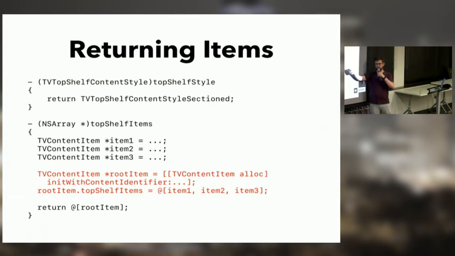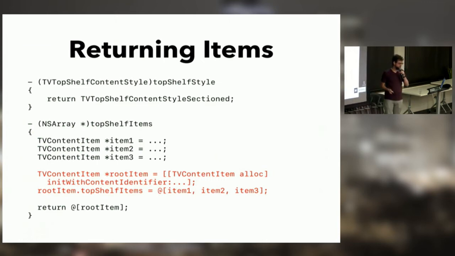But anyway, here you get a bunch of different content items, and then what's important to note for the section style, and this is not documented super well, I had kind of a headache finding this, is that content items can actually have child items. So I've constructed a root item here, and the root item actually has children. For the section style, you have to provide content items in this way. If you just provide a bare array of content items, nothing will show up, which is really weird. You have to provide them in a hierarchy. And the hierarchy actually specifies the sections, which is where the sectioned name came from.